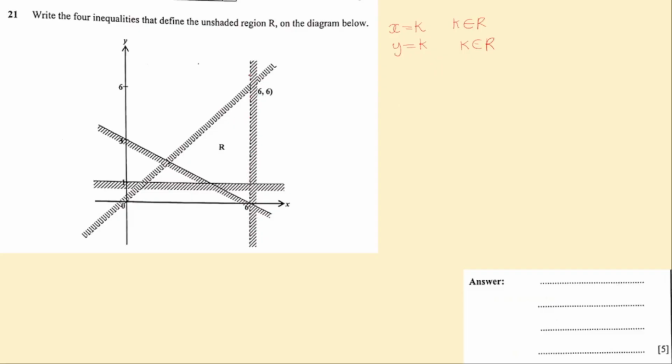So therefore this boundary line is x is equal to 6. But the question wants us to write an inequality that would define the unshaded region. So when you look at this boundary line, the area that is to our left of it is the unshaded